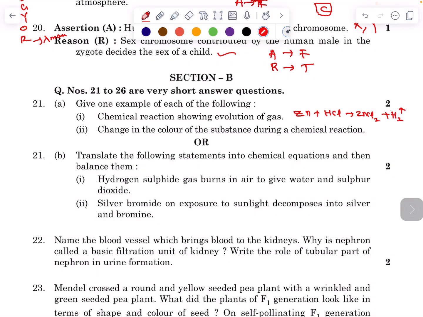And change in color of substance during a chemical reaction. You take any reaction which gives a change in color. So which gives you a change in color? You take lead nitrate, okay, so lead oxide,